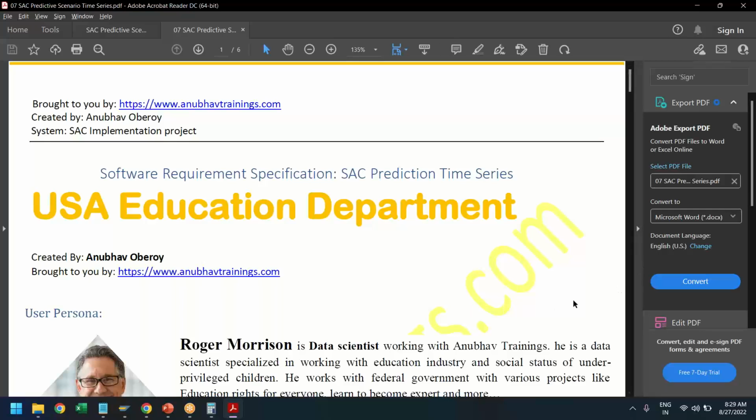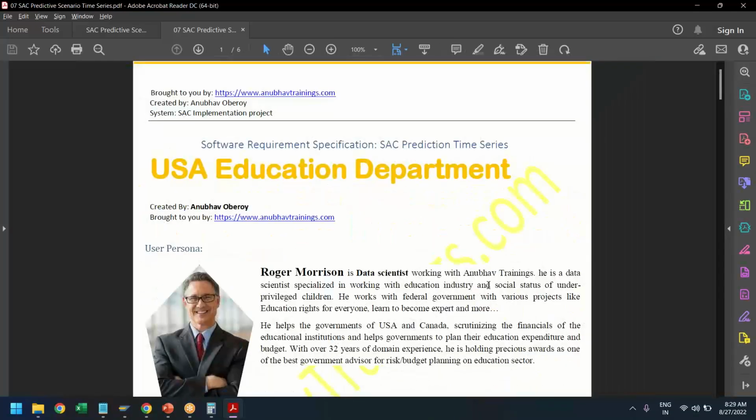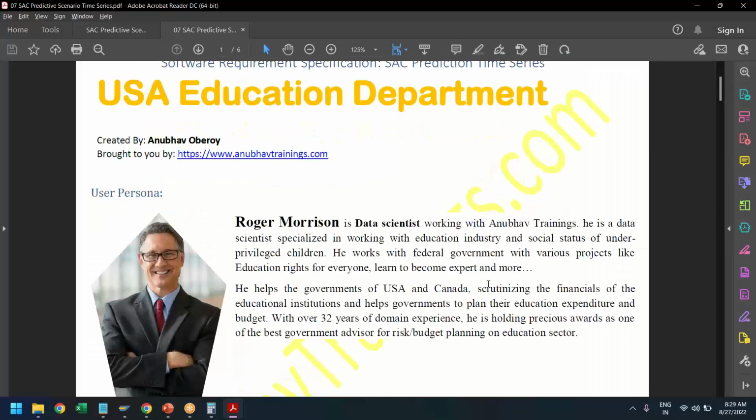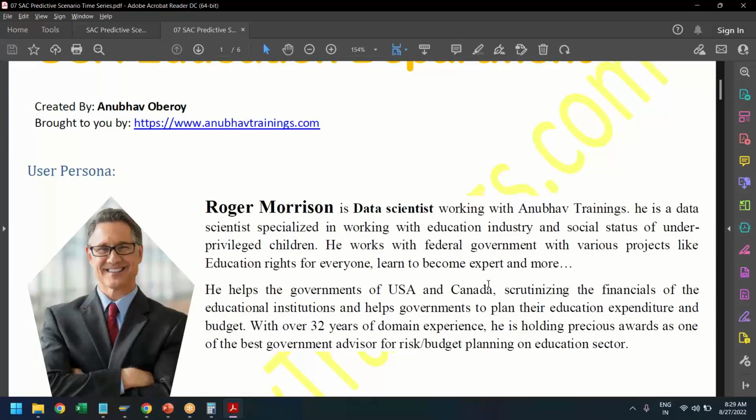So meet Roger Morrison. Roger Morrison is a data scientist working with Anubhav Training. He is a data scientist specialized in the education industry and the social status of underprivileged children. He works with the federal government on various projects like Education Right for Everyone, Learn to Become Expert, and more. He helped the governments of USA and Canada scrutinize the financials of educational institutions and plan their education